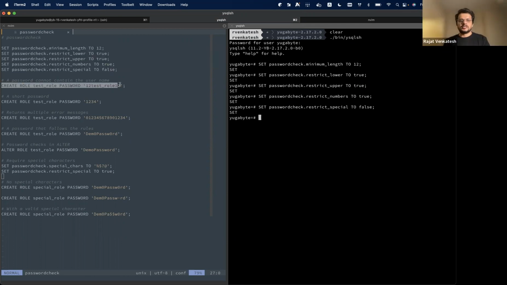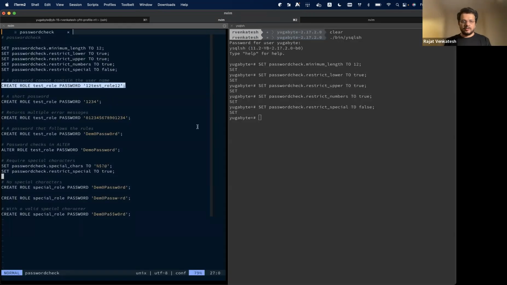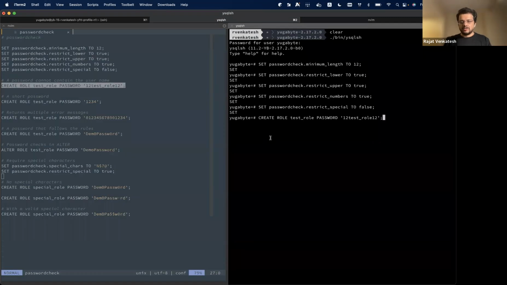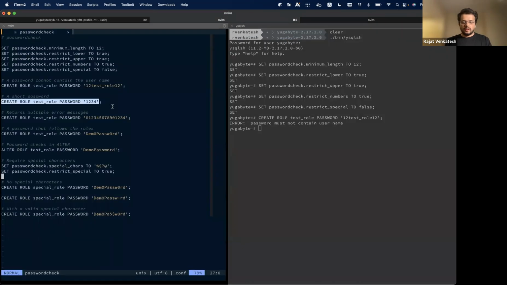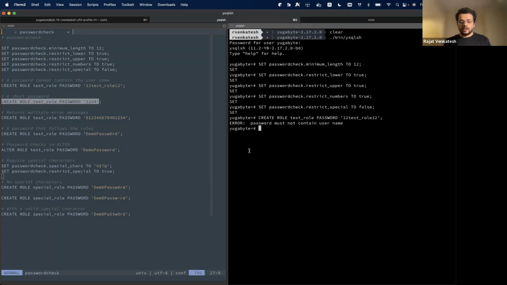So the first simple example is that the password should not contain the username itself, and it throws an expected error. Similarly, another simple case where the password should not be too short, and